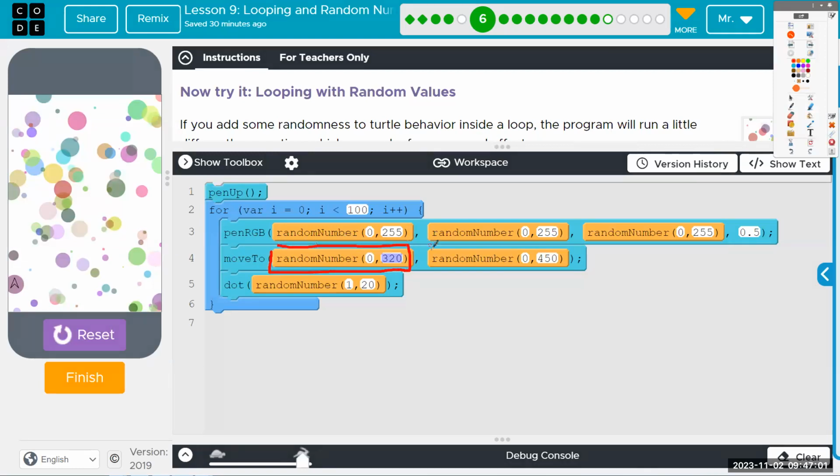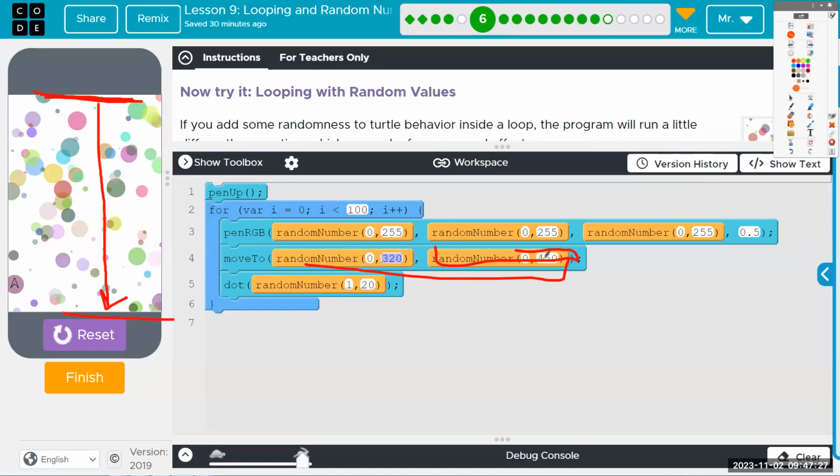that you give it is the X, the second number is the Y. For the X, we have a full range of 0 to 320, which means anywhere left to right, because X is the distance from the left. So 0 from the left is the left, 320 from the left is the right. So full range left to right. And the Y value, 0 to 450, is the full range of height because Y0 is the top edge. And for us, Y450 is the bottom edge.